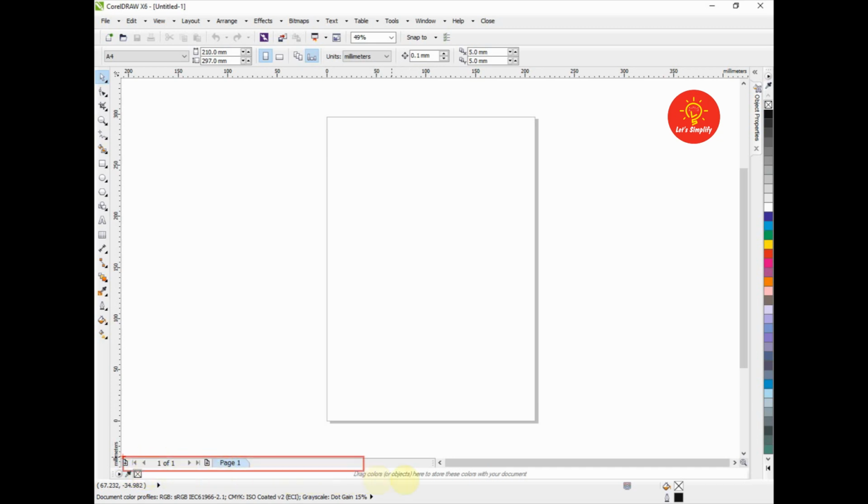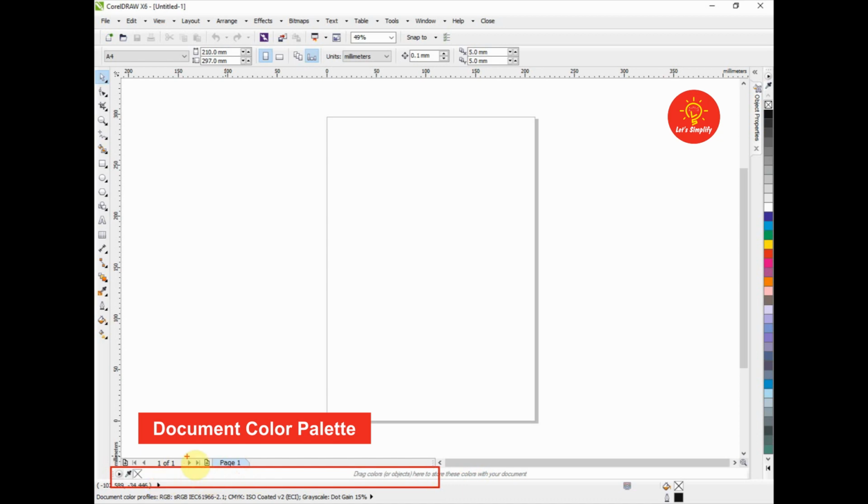Over here in the bottom, we can see the page settings menu. From here we can change the number of pages, that is we can add or reduce or delete our pages. Below that, here this one is the document color palette.